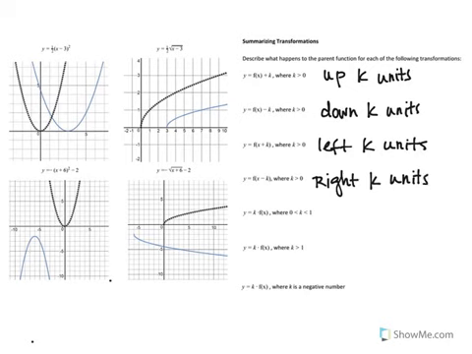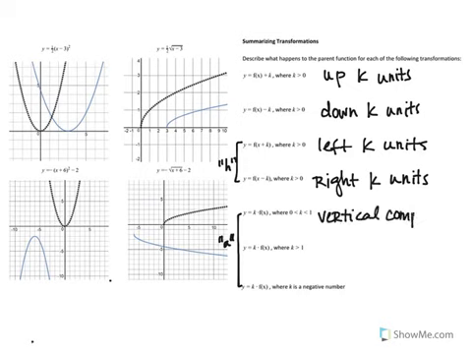Now do keep in mind on both of these, we traditionally use h here, so don't let that k fool you, it's just a variable. And for the last 3, they're dealing with multiplying. Now when we multiply, we've traditionally used an a value here. But whenever we had an a value that was between 0 and 1, basically a fraction less than 1, if you recall, this was a vertical